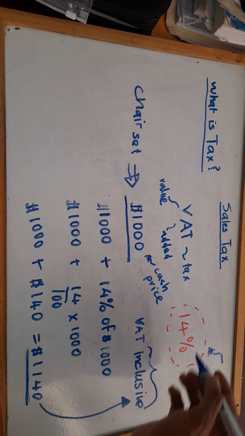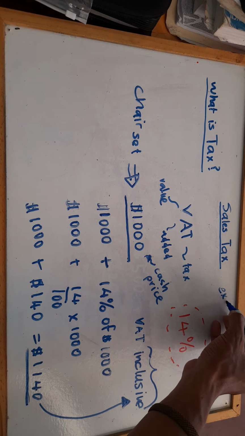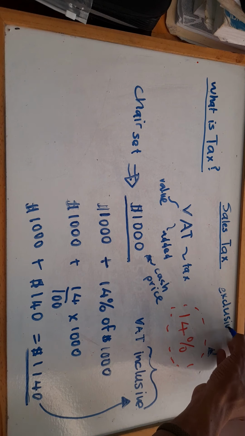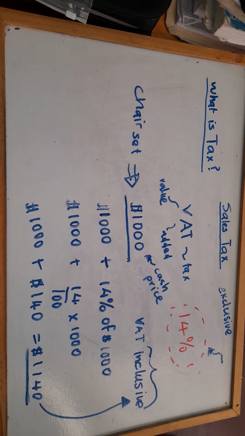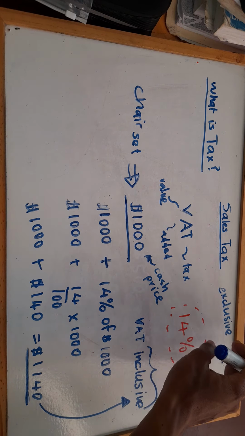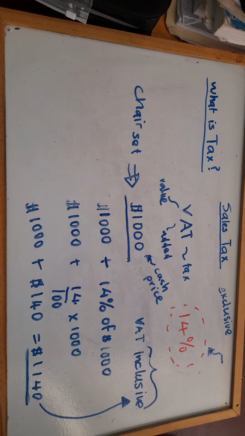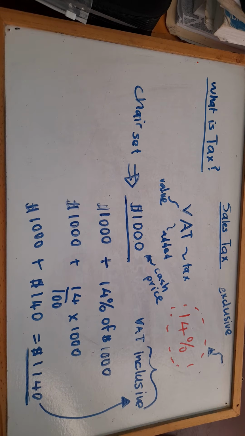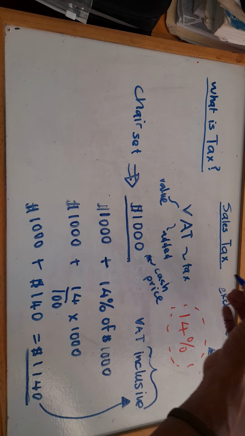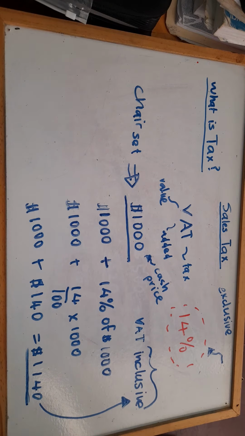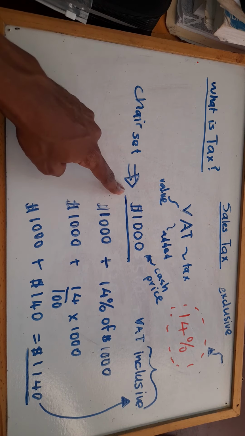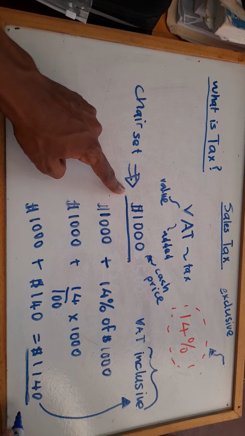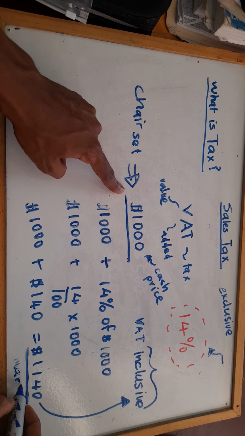Inclusive means to include, exclusive, exclude, leave out. Exclusive comes from the word exclude, which means to leave out or is not there yet. The cash price normally doesn't have VAT yet, hence it's VAT exclusive. VAT excluded or not. VAT now has to be added to your cash price to give you the marked price here,